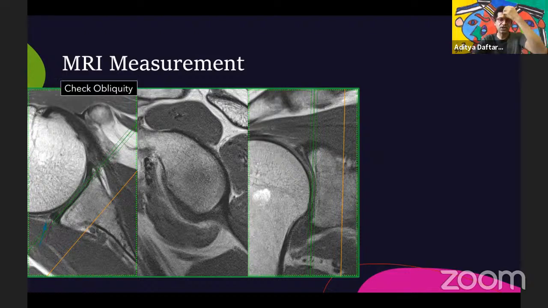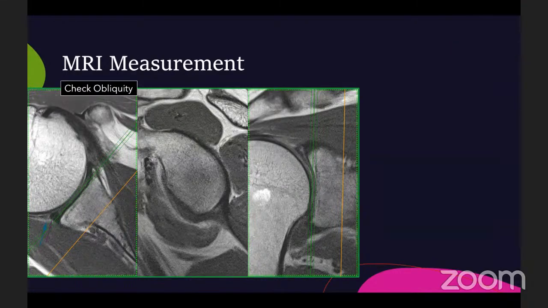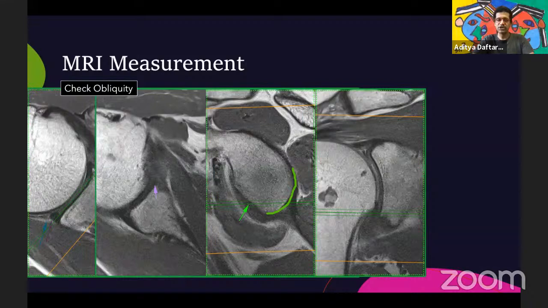So the first thing I do is check obliquity when I'm looking at these patients. The next thing I do is look at the posterior inferior quadrant of the glenoid, and I use the circle method, trying to match my circle to the posterior inferior quadrant of the glenoid. When it comes to marking out where the anterior margin of the glenoid is, I use the axial images, and then I use a triangulation feature. In other words, if I double click on MR wherever the anterior most margin of the articular glenoid is, it will show me that same spot on the sagittal images. So it gives me a clear idea as to where exactly that margin of bone is.